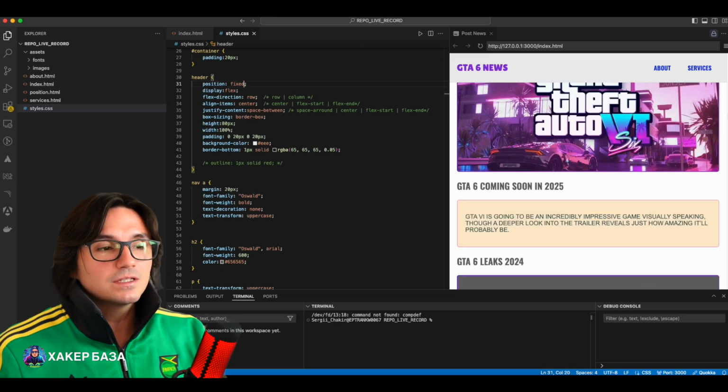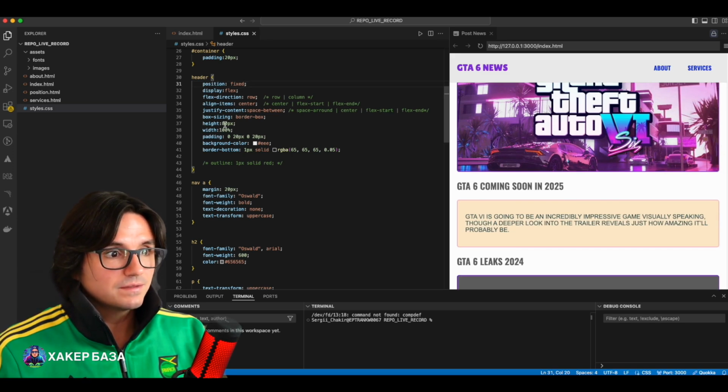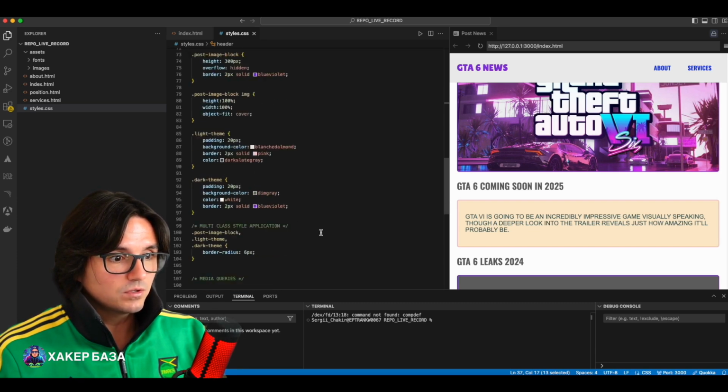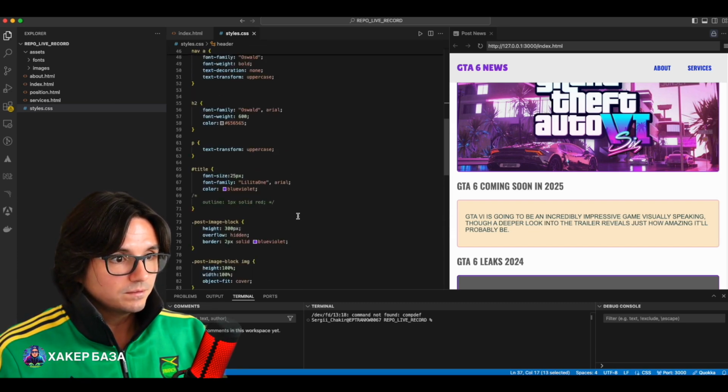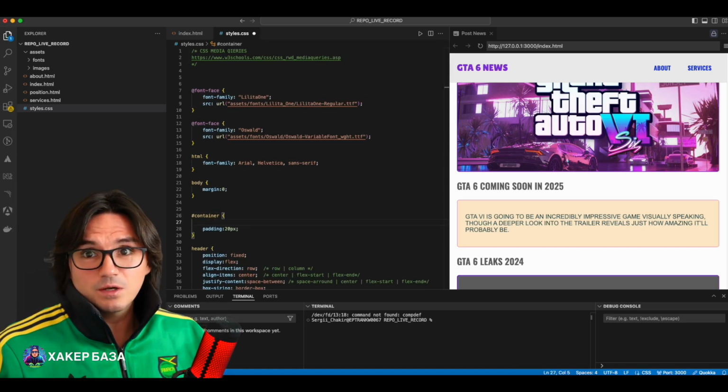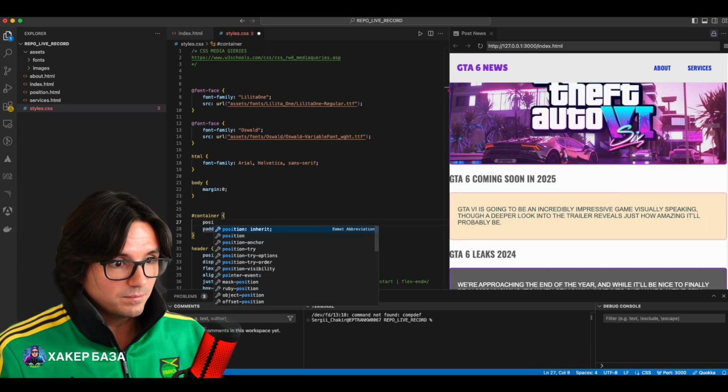But look, here's the trick. Considering that position fixed doesn't respect anyone, see, our content has moved up a bit. To fix this, since the height of our header is 80 pixels, we need to move our container, which holds all the content, down by 80 pixels. We can do this with a margin, but since today we are studying the position property,